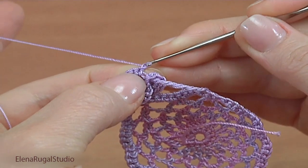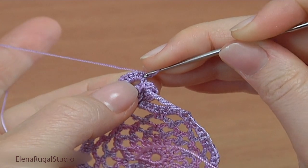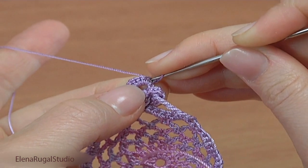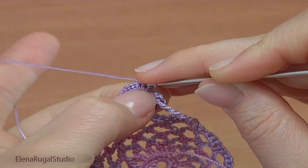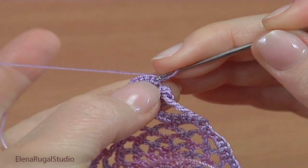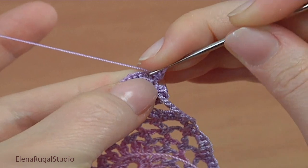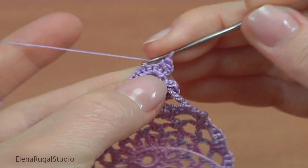Chain 1 to bring up the yarn. And starting from the first stitch, do not skip any stitches of previous row. Single crochet 7 in a row. So insert the hook into the first stitch and single crochet through. 1, continue into the next stitch, 2,